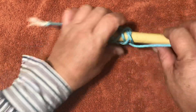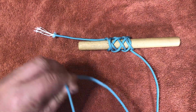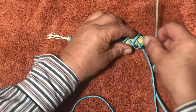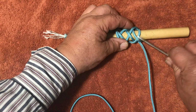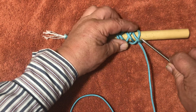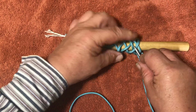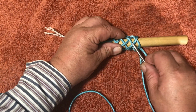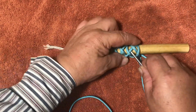And this method makes your knot straighter, and you can tie it tighter because you're putting the strands right where they're going to be when you finish. But now we come out of the knot. We're going to turn and go right alongside of here doing the opposite. So we're going to go under that one, over that one, and you can see we're just splitting tracks, but we're watching the opposite here. Over, under,